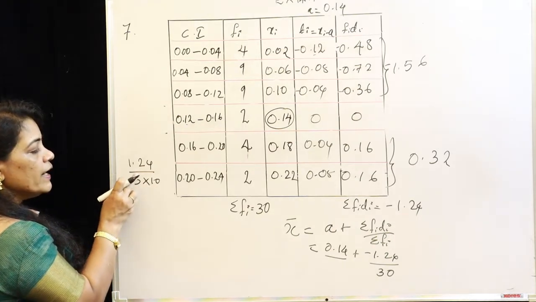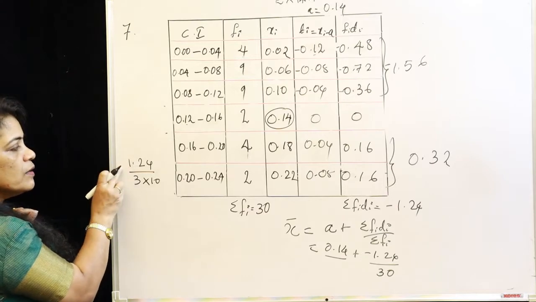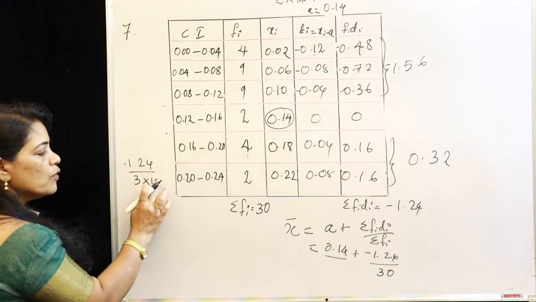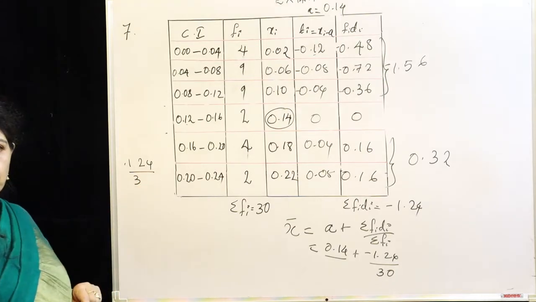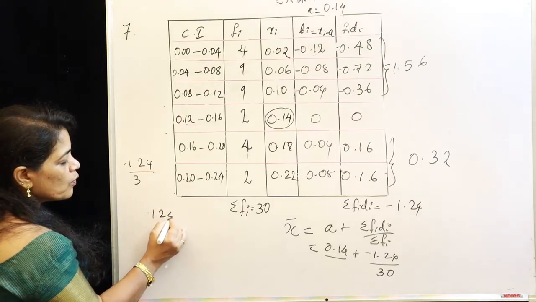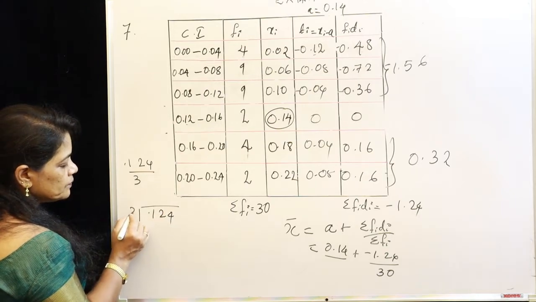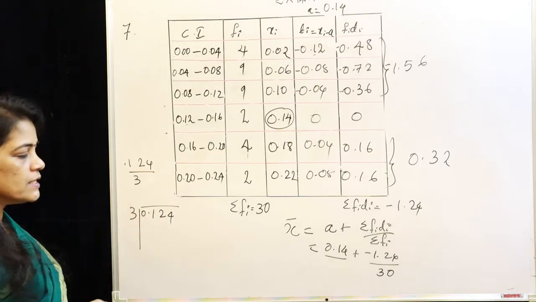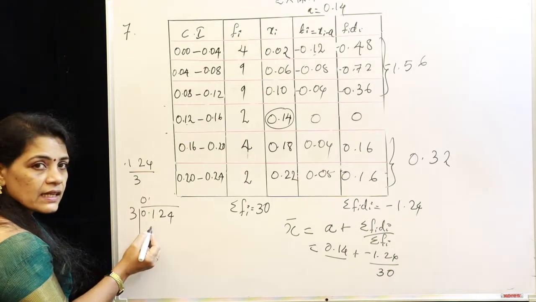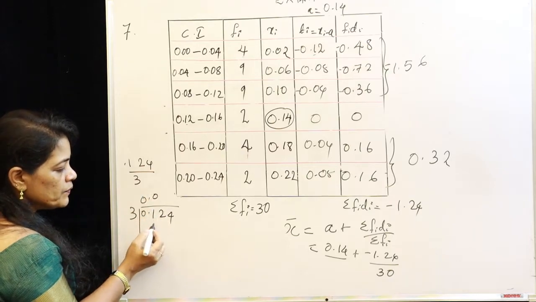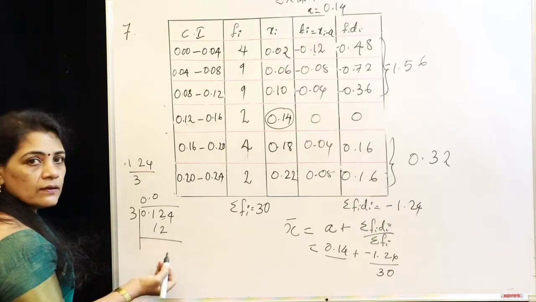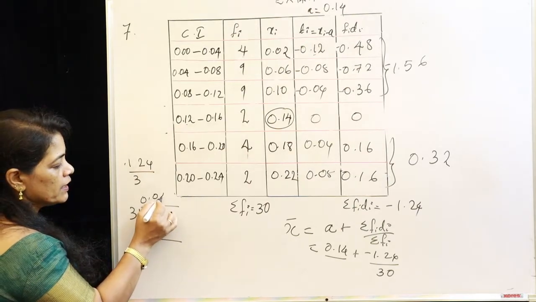So dividing a number by 10 means shift this decimal point to the left. That is, now it becomes 0.124 and in the denominator 3. Now we are going to divide 0.124 with 3. If you want, you can make 0 in the whole number place. Since 1 is less than 3, you have to put 0. Okay, and we can take next number, that is 12. In 12, 3 in 12, 4 times.